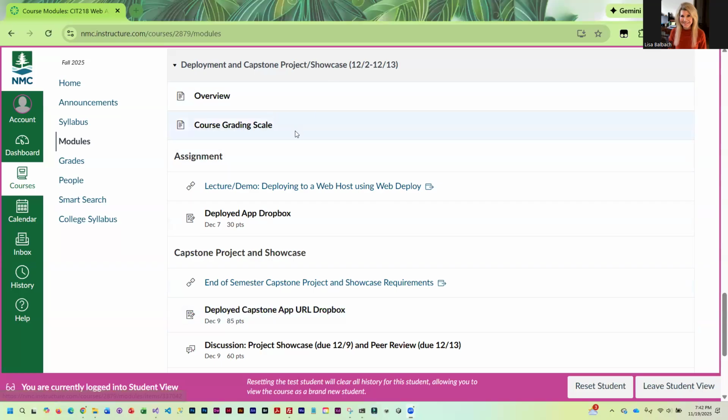All right, so the final part of this course is actually deploying your application, and you're going to end up deploying two. You are going to do the authentication authorization project, the playgroup one, and then you're going to do your final project. So there are directions on how to do this,